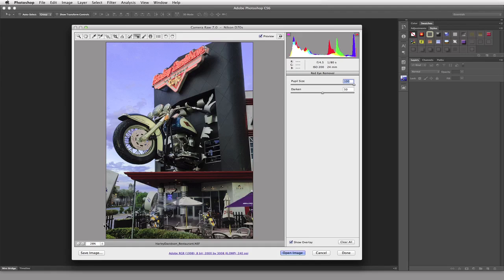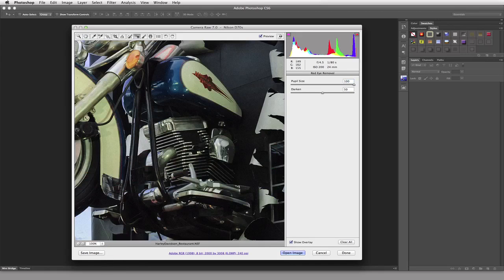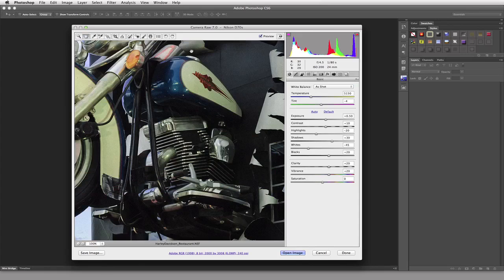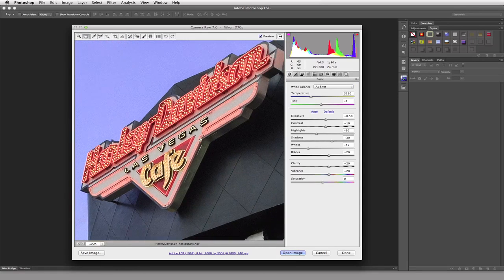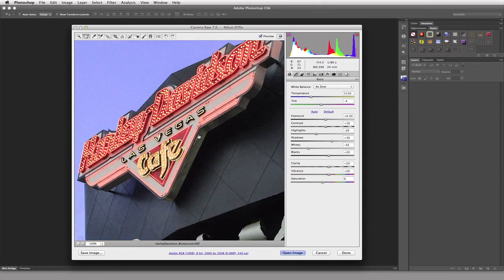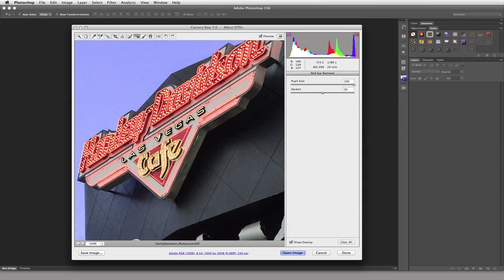What I'm going to do is get this to go to 100% view. And then I'm going to come over here and grab the hand tool, and come into my image about here. Then I'm going to grab the red eye removal tool, and I'm going to click, hold, and drag. Release the mouse, and I get this really, really small bounding box thing here. So I have to expand it. So I'm going to expand this up. When I release, you're going to see the